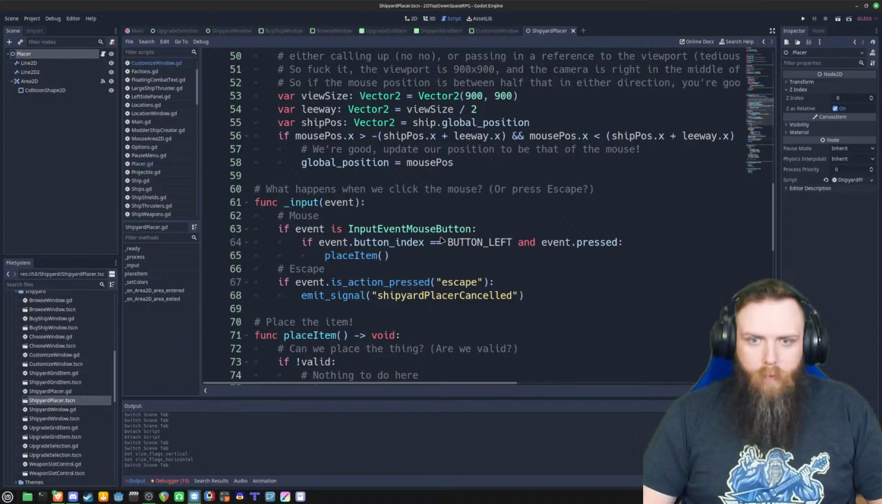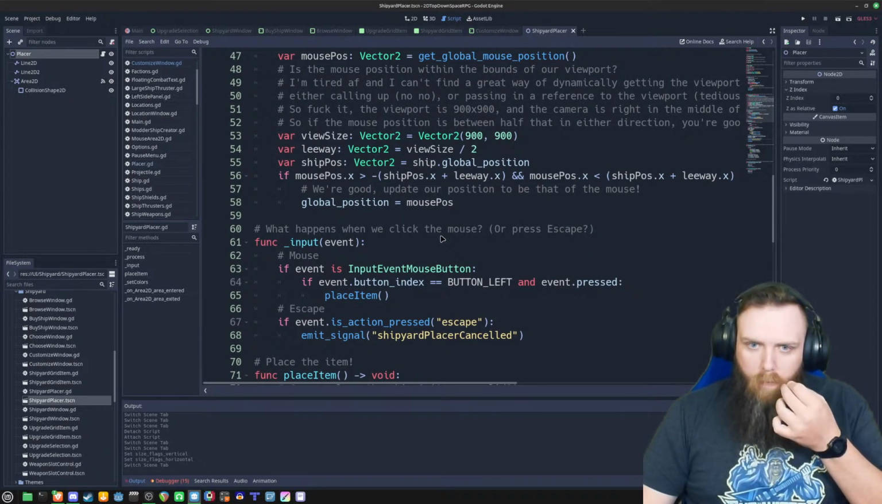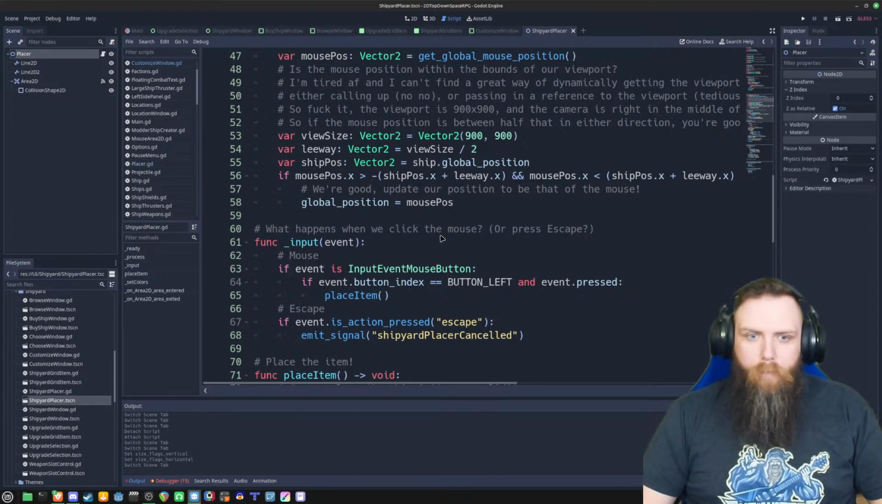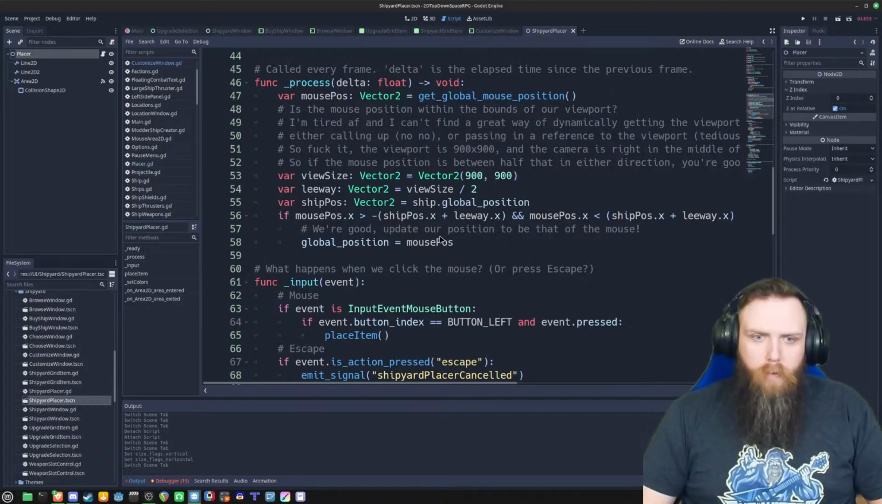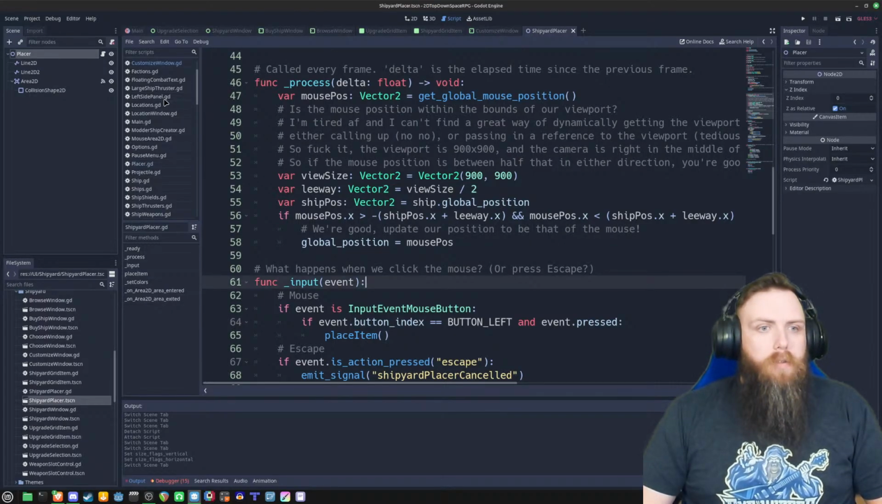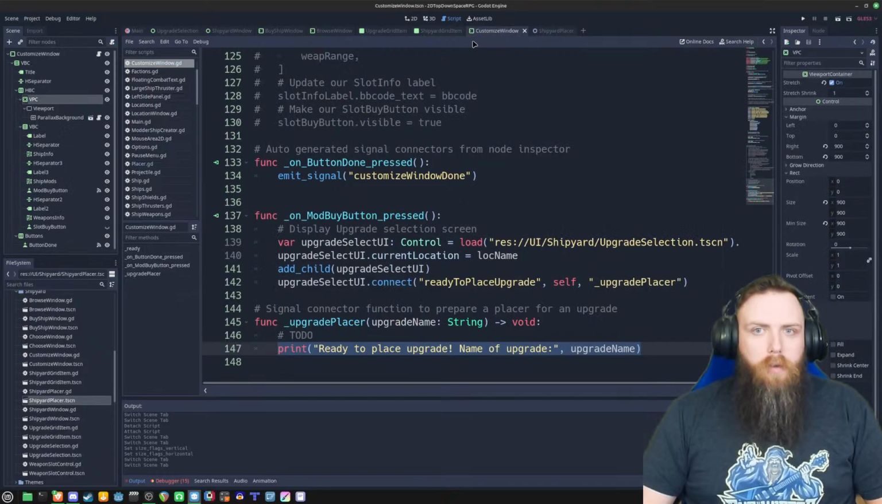Okay. Cool. So we're just checking random event. Got it. So now in our customize window,